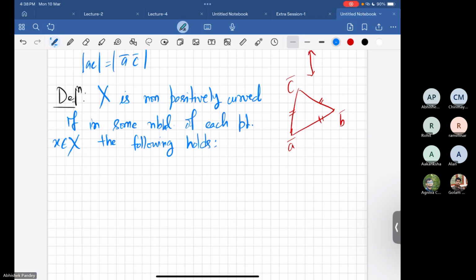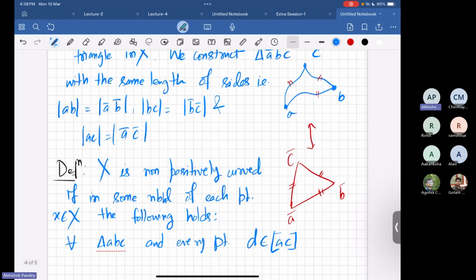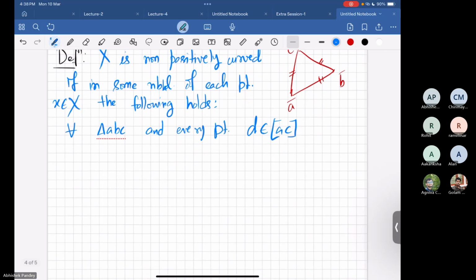It means that for every geodesic triangle ABC, and every point D belonging to A comma C, in between, if you take any point here somewhere in A and C, one has